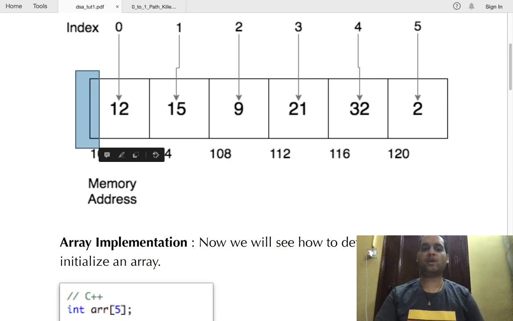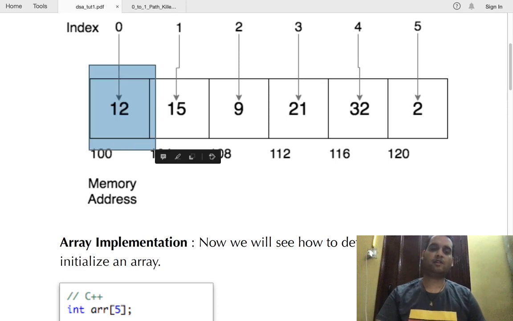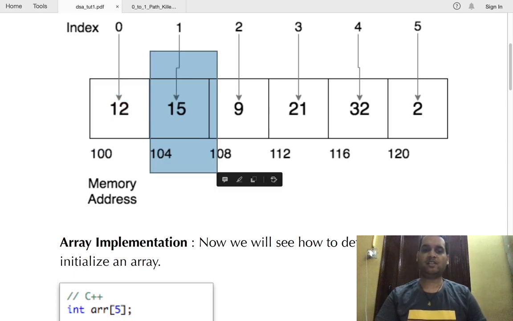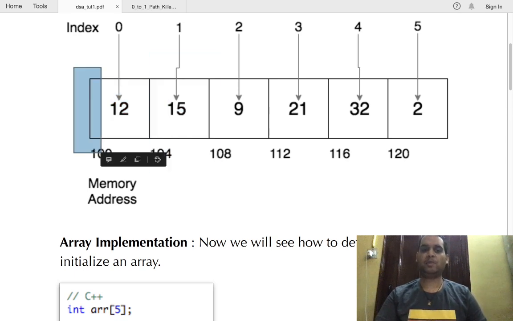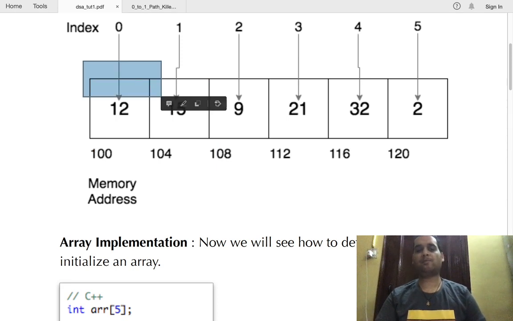So if I wish to access the address of the first element, that is 12, from it, then what will it be? It will be the same, arr, because it is at the same place. So if I wish to find the address of the next element, what will it be? This is the base address and there is one element in between. So I'll do arr plus 1. That will take me to here.